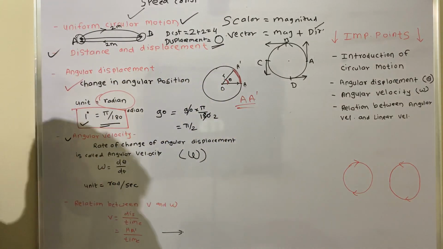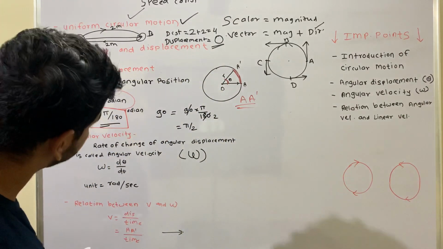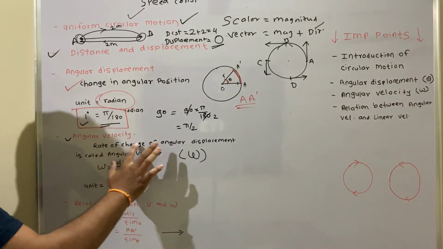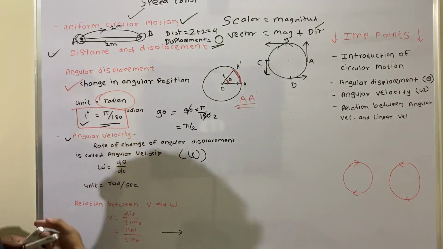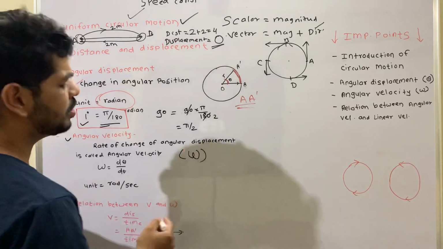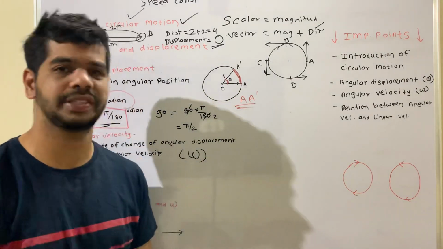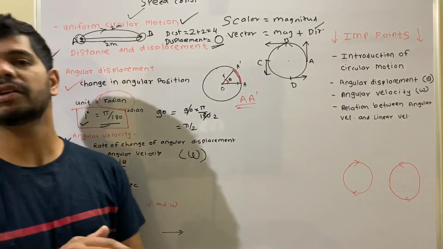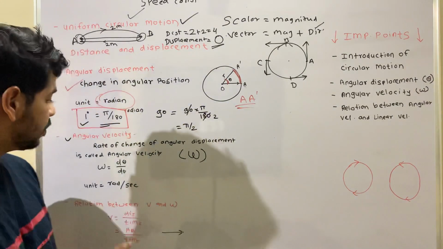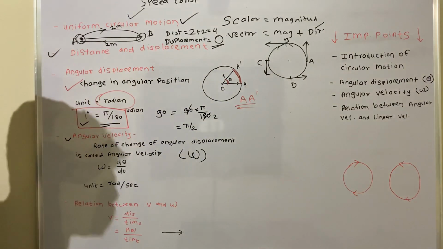Anyway, so omega is equal to what? I already explained over here, d theta upon dt, the change of angular displacement. Here we are considering angular displacement. D theta means what? Why are we using the d? It's a change, or we are considering it a small change. For the sake of consideration, we are just considering it a small change. So omega is equal to d theta upon dt.